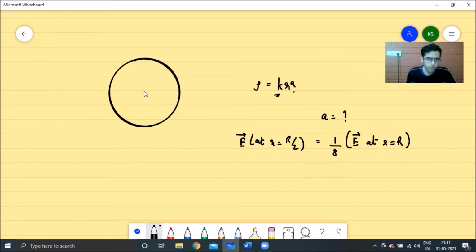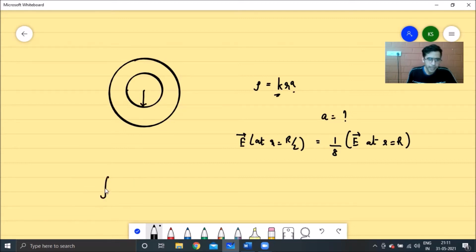So now let's try to find out what the electric field at r is equal to R by 2, right? And if you want to find out the electric field at r is equal to R by 2, the obvious step which should leap in our mind over here is that the electric field at every point at a distance of r is equal to R by 2 must be equal. So you can make use of Gauss law over here, right?